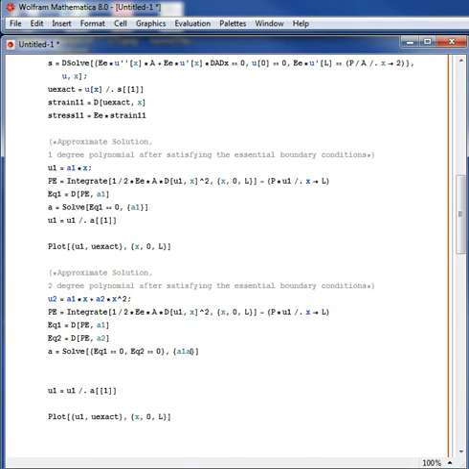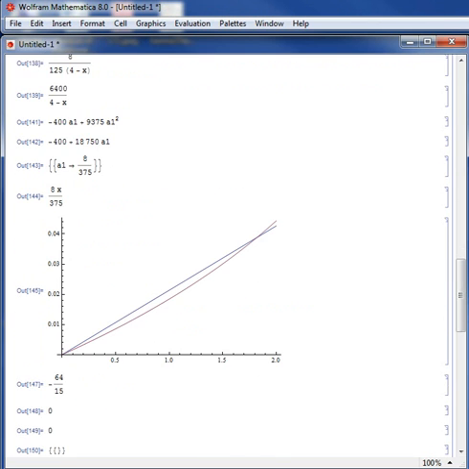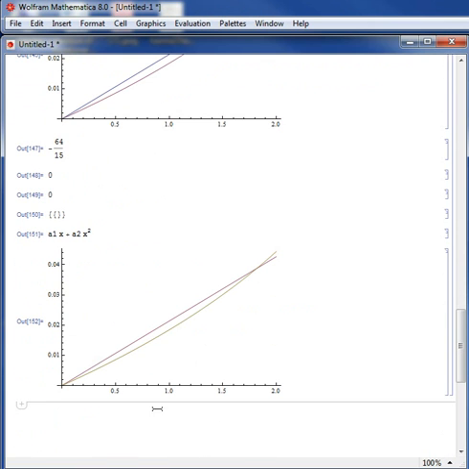Solve for a1, solve for a2. And u2 is equal to u2 after I realize that solution. And let's add u2, u1, and u exact in the plot. Shift enter. And you can find actually that u2